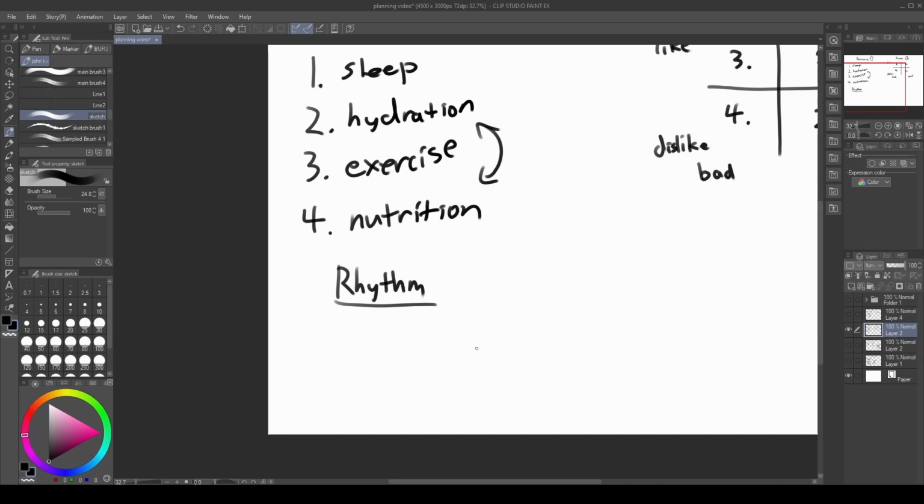So let's optimize food crashes, right? Let's optimize sugar crashes. Let's just eat with the rhythm of our body. So let's set meal times. Let's eat on a schedule, and so on and so forth, right? And lastly, it's okay to have snacks, but try to limit your snacks or replace your snacks with something else, like exercise and drinking water. Your stomach will feel full. You'll be doing something, so